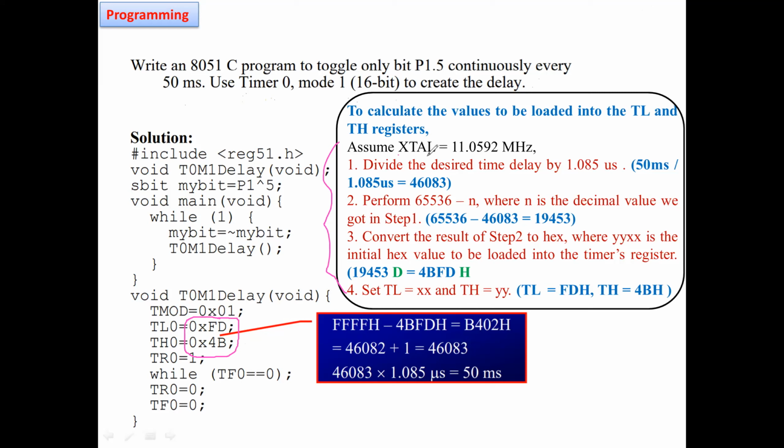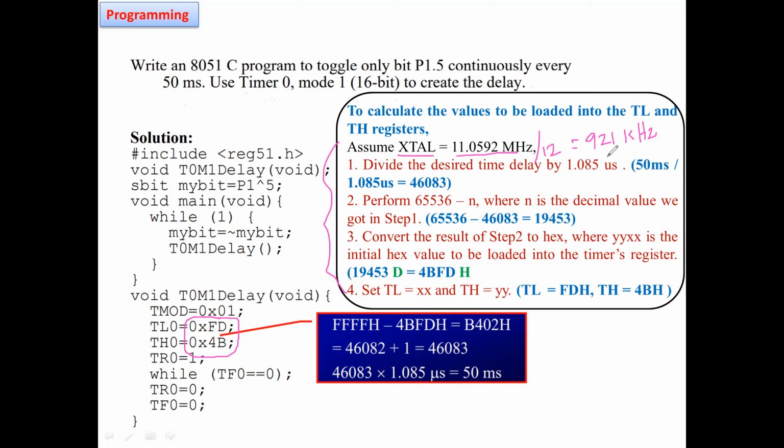That is the crystal oscillator, which we provide to the controller. Always this crystal oscillator frequency will be divided by 12 before giving to the timer. So it will come to 921 kilohertz. This is the frequency we provide to the timer.